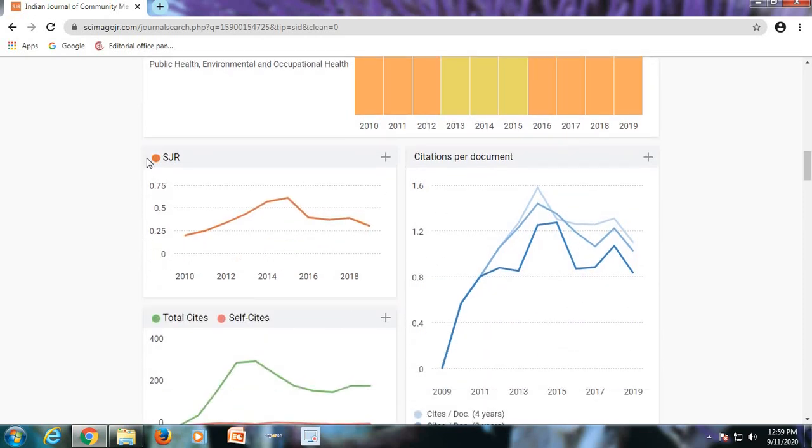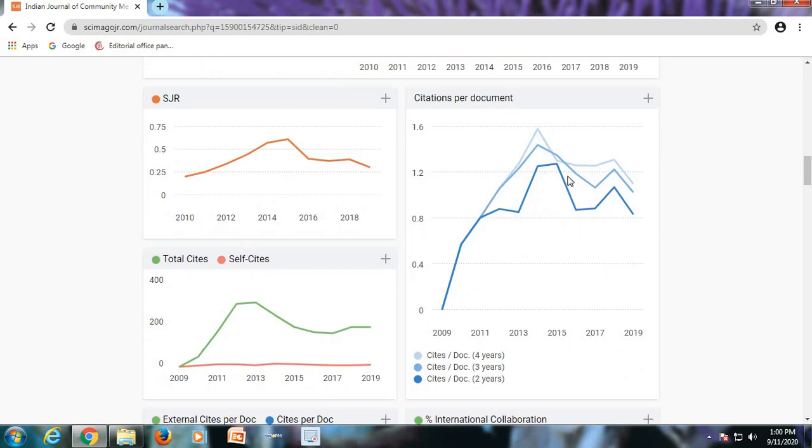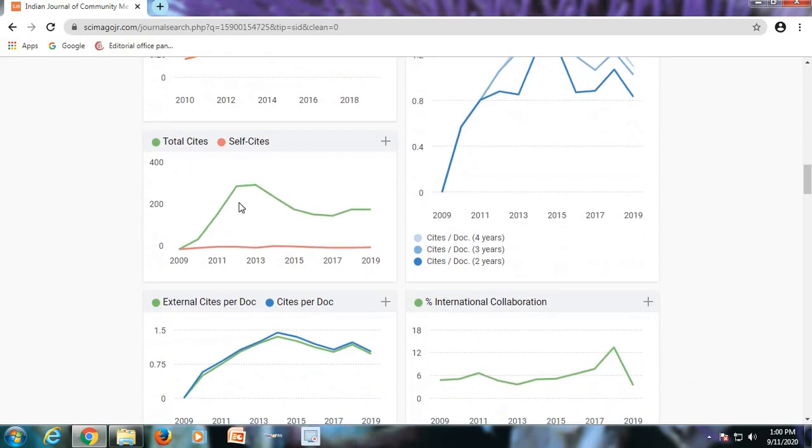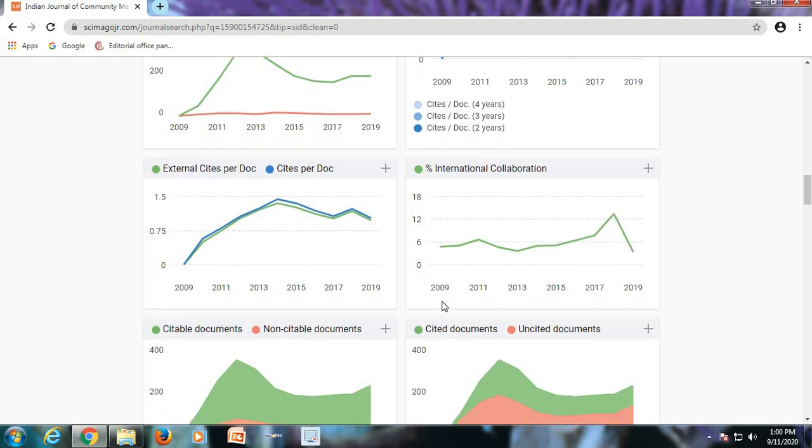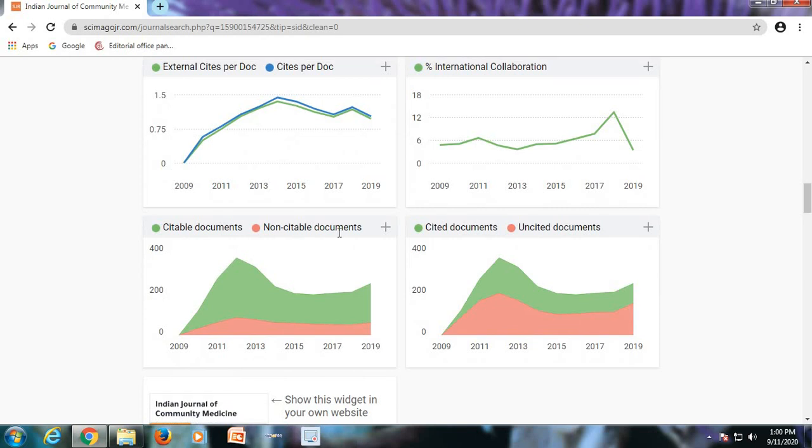This graphical presentation shows the SJR, Scimago Journal Rank, year wise value, and this graph is about the citation per document year wise, total cites and the self cites of the publications from the journal, external cites per document and cites per document of the journal, international collaboration of the papers published in the journal, citable and non-citable documents, cited and uncited documents.